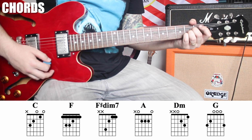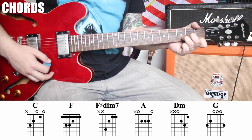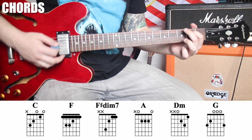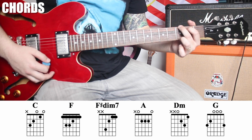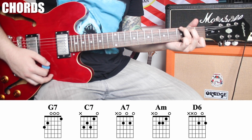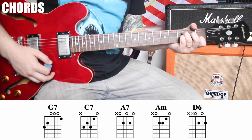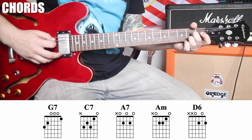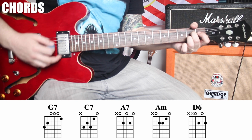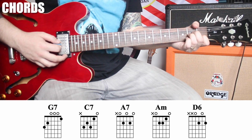A major, D minor, G major, a G7, C7, A7, and we're going to play the A7, open, 2, open, 2, open. A7, A minor,